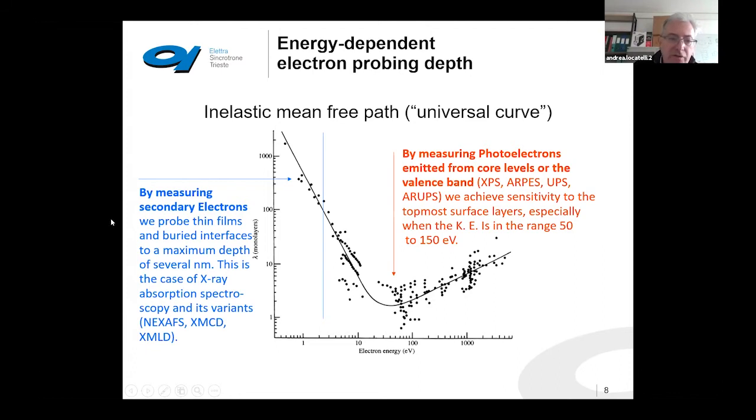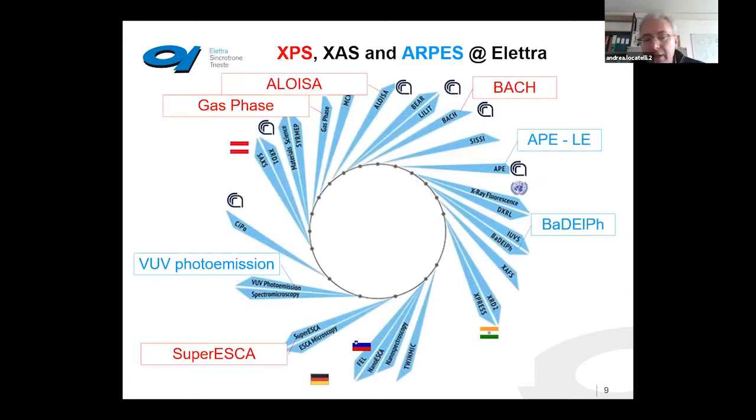Instead, if you measure secondary electrons, that is in an absorption experiment, the inelastic mean free path can be significantly longer. And basically, you can probe several nanometers, let's say less than 10 nanometers, but definitely you can probe buried interfaces. Okay, this was the first part of my talk, which was basically a general introduction to the spectroscopy we use at synchrotrons,